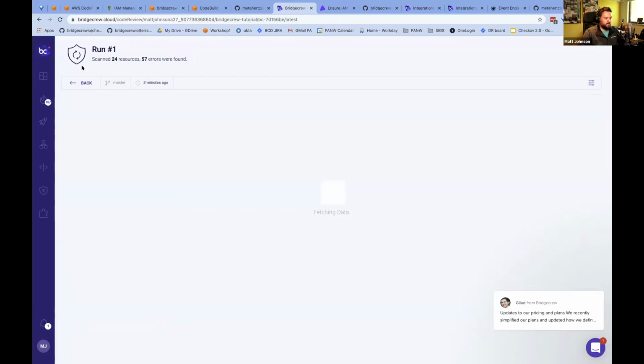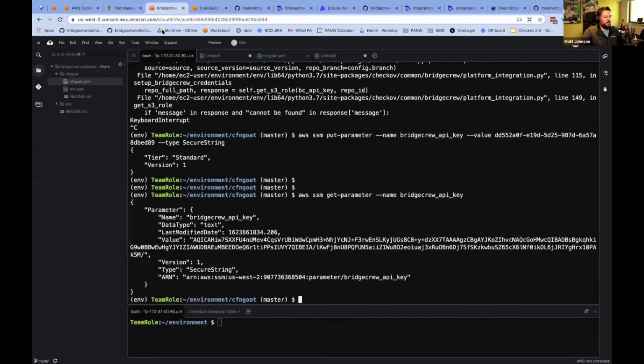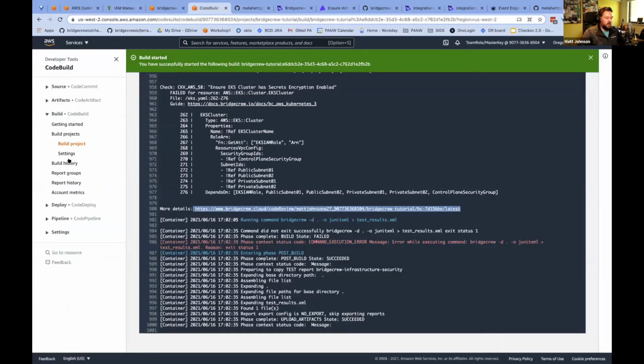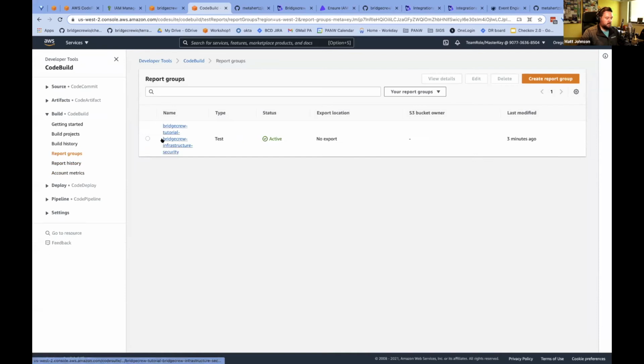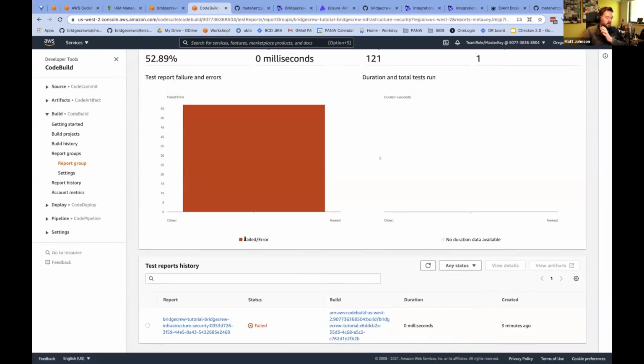There we go. So that's really useful for people looking into the Bridgecrew dashboard, maybe looking across multiple repos, but also directly in code build. If we go to report groups and click here, we'll also see that as part of,